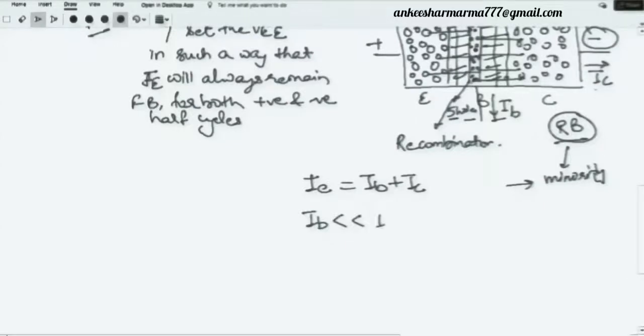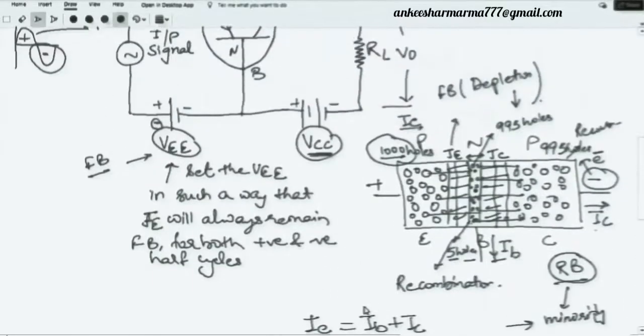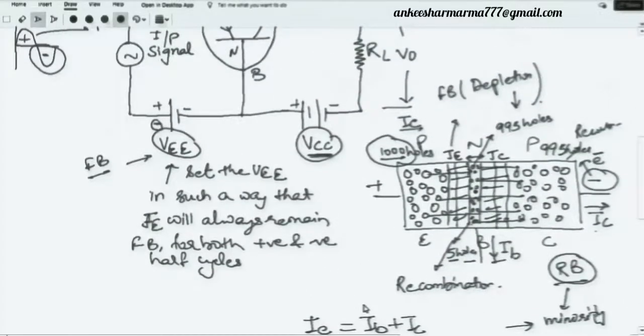must be very small in comparison to the emitter current, and in the other case I can say that my emitter current is almost equal to the collector current, because this was due to the 1000 and this collector current was coming due to the 995, and this base was only due to the 5. Is it clear? So now look here, we have just seen the operation of this PNP transistor